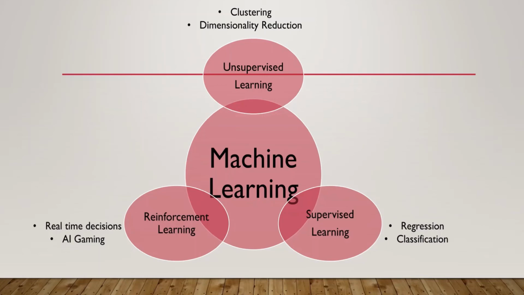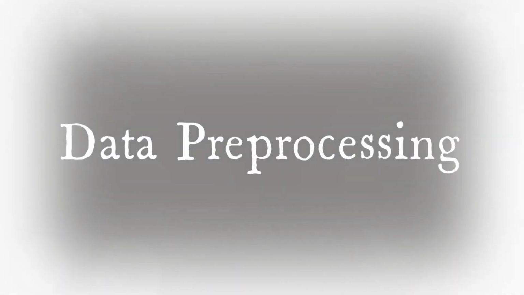If you are a complete beginner in machine learning, don't worry about these terms for now, because in this course we will learn each of them in so much detail and actually build models of each of them in Python to predict some real data. But before we actually do that, the first and foremost step in machine learning is the data pre-processing. So what is data pre-processing in machine learning?